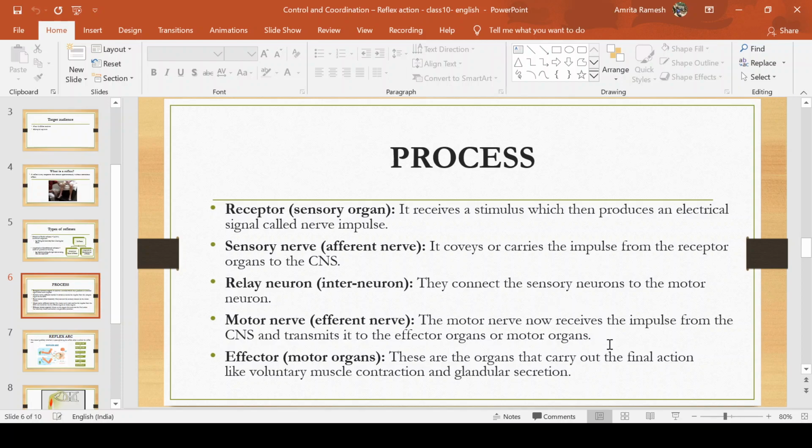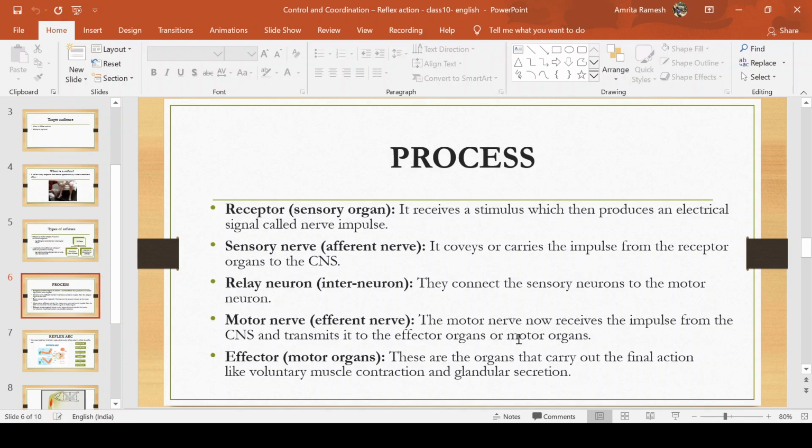You have to remember very carefully, whenever you have a sensory neuron, it's to the brain. So S with T, to the brain. And motor, M is F, from the brain. Remember S, T, and M is F. So a motor neuron carries impulses from the brain to the sense organ, and a sensory neuron from the sense organ to the brain. This is how you can remember it very nicely and easily.